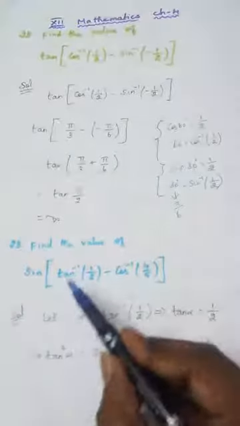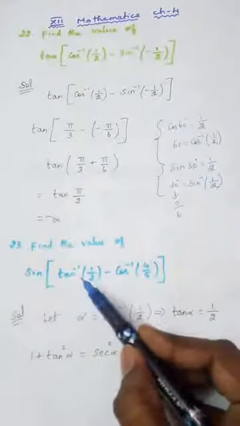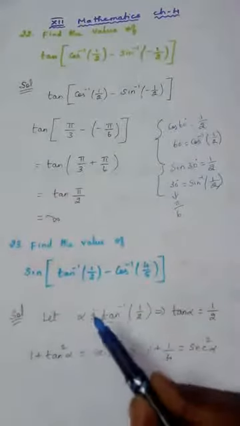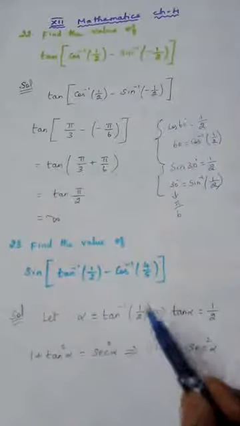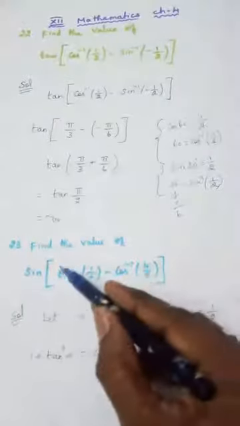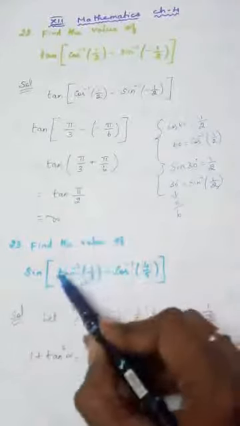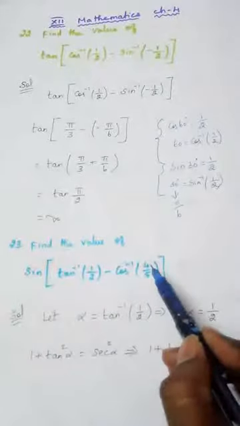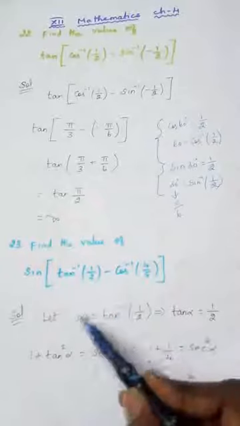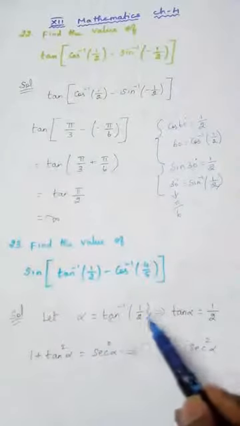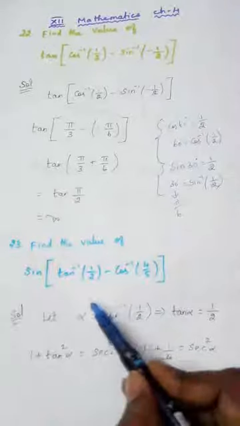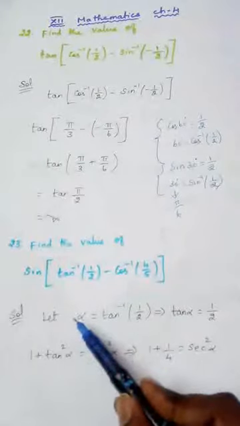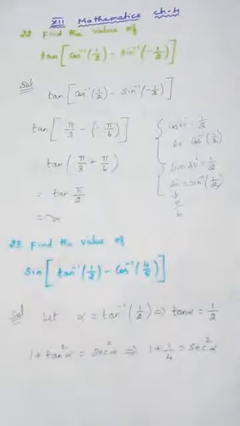So first I will be taking this tan inverse 1 by 2. Right? Tan inverse 1 by 2. And that first term is taken as alpha. So alpha is equal to tan inverse 1 by 2. What is my aim? My aim is to convert this in terms of sine inverse. My aim is to convert this also in terms of sine inverse. So by keeping that in mind, first I am taking this and giving a name for it. Alpha is equal to tan inverse 1 by 2. Tan inverse is brought to the left hand side, it becomes tan alpha equal to 1 by 2.